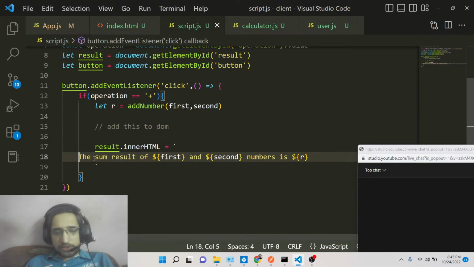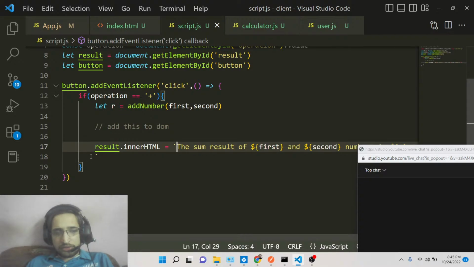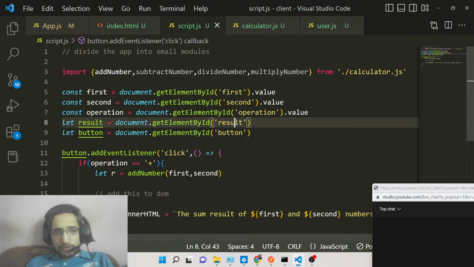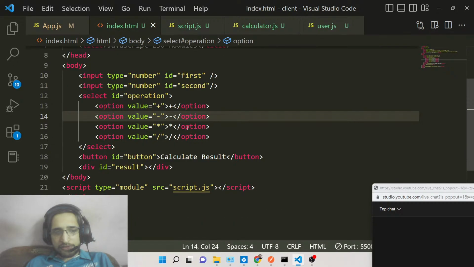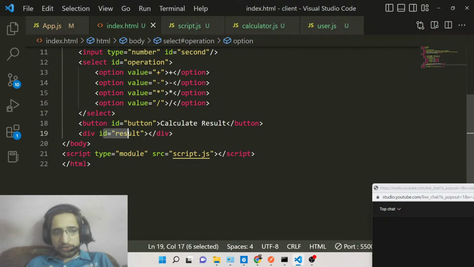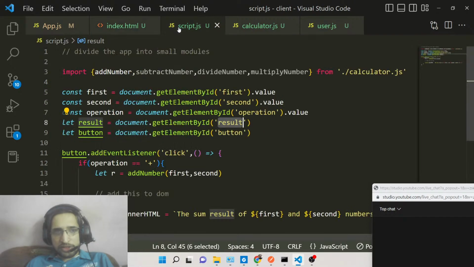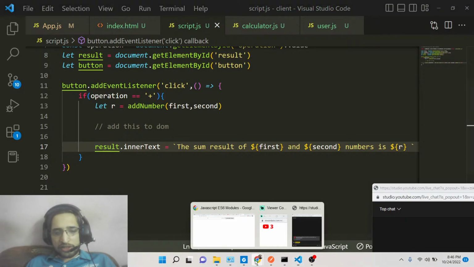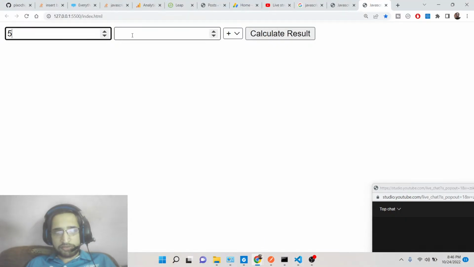Let me put it in the same line. It is result dot innerHTML. We have given the ID to it. If you closely look at document.getElementById, we have given this ID to this div element, which is result. So here we are just manipulating the innerHTML. Let me change this to innerText, guys. If I now say 5 plus 5,